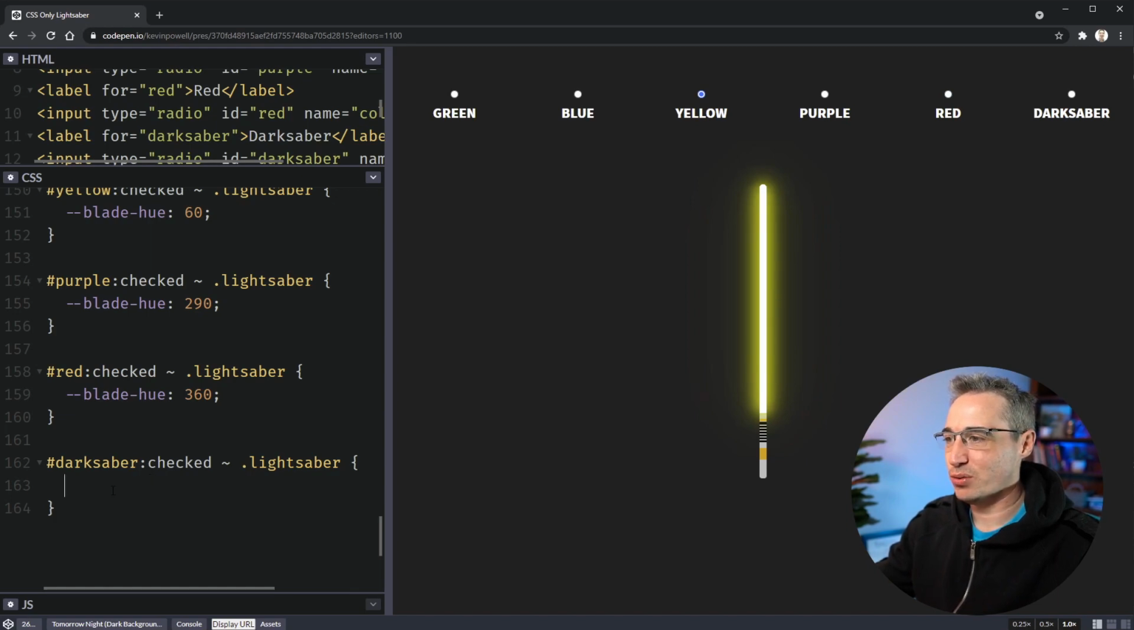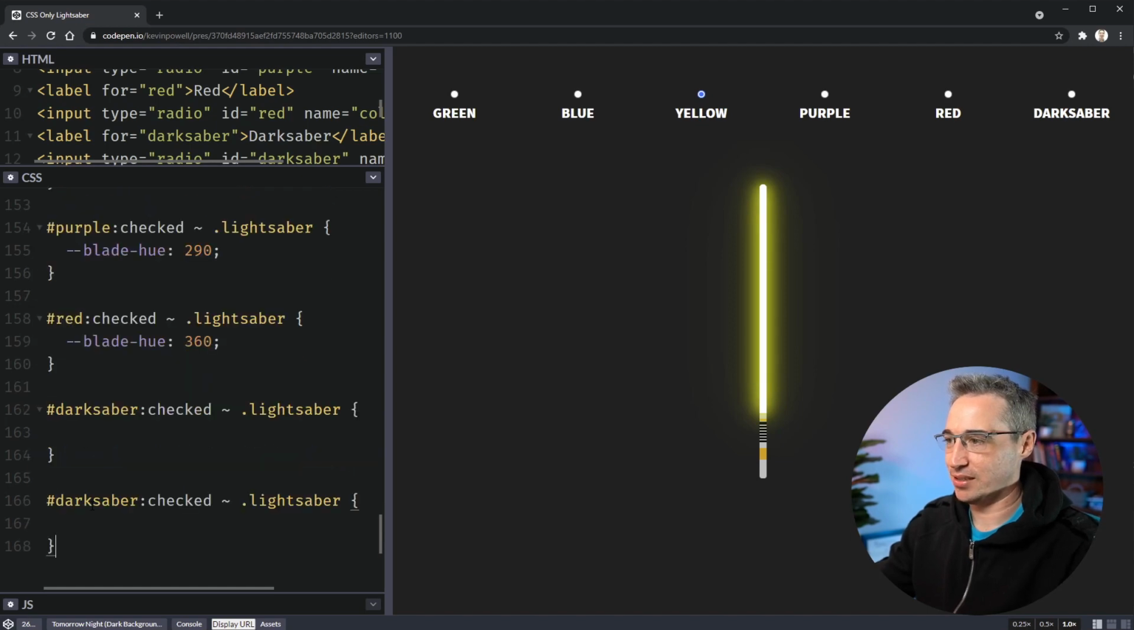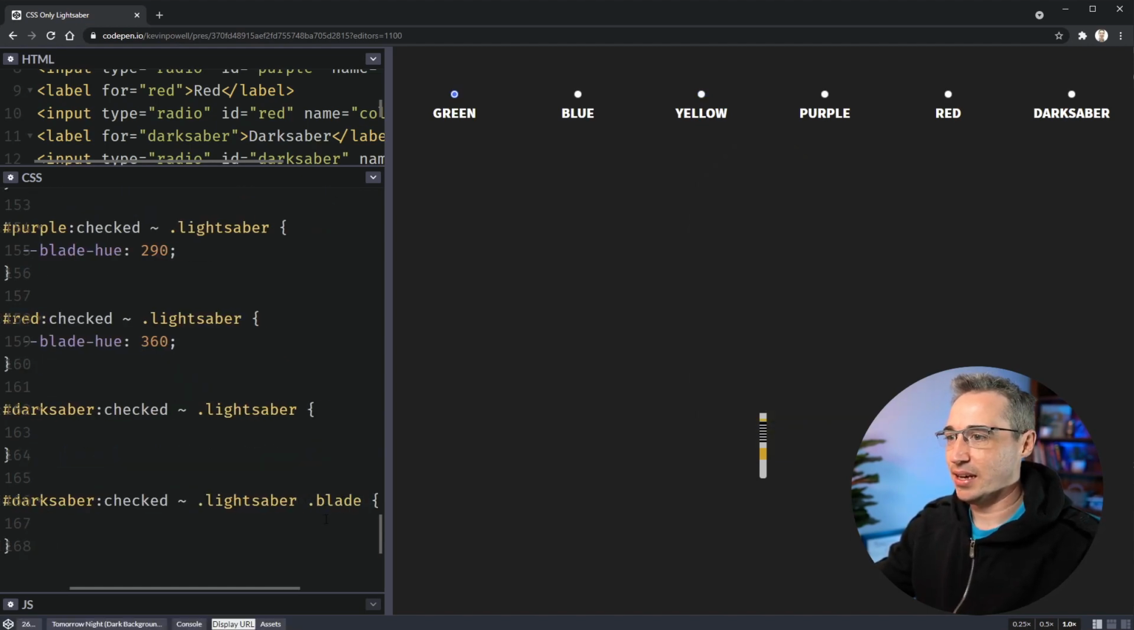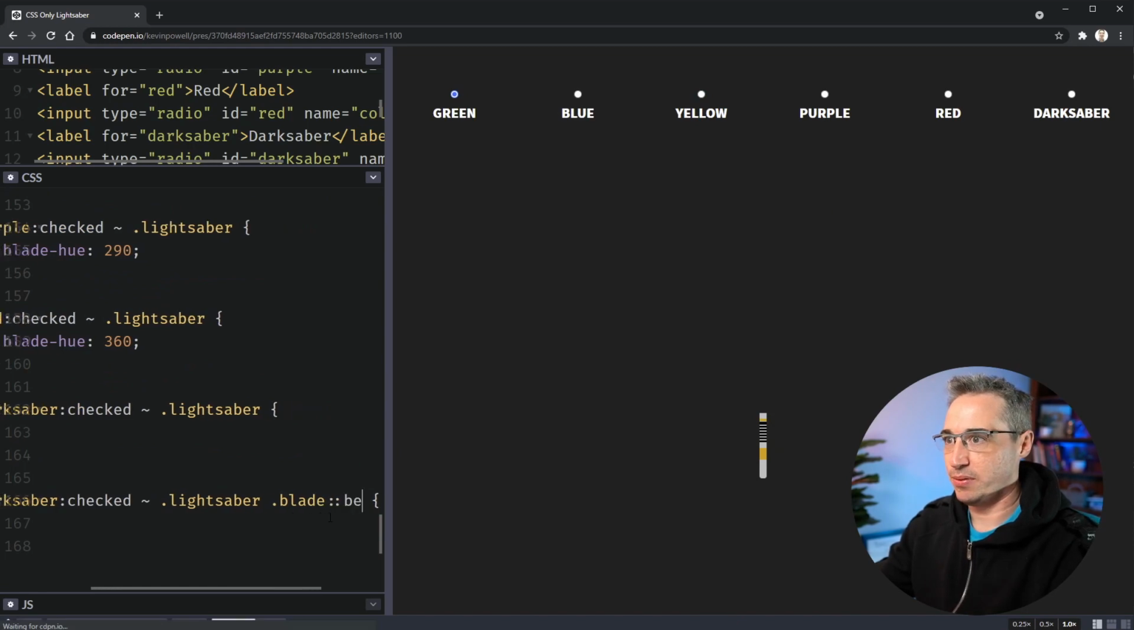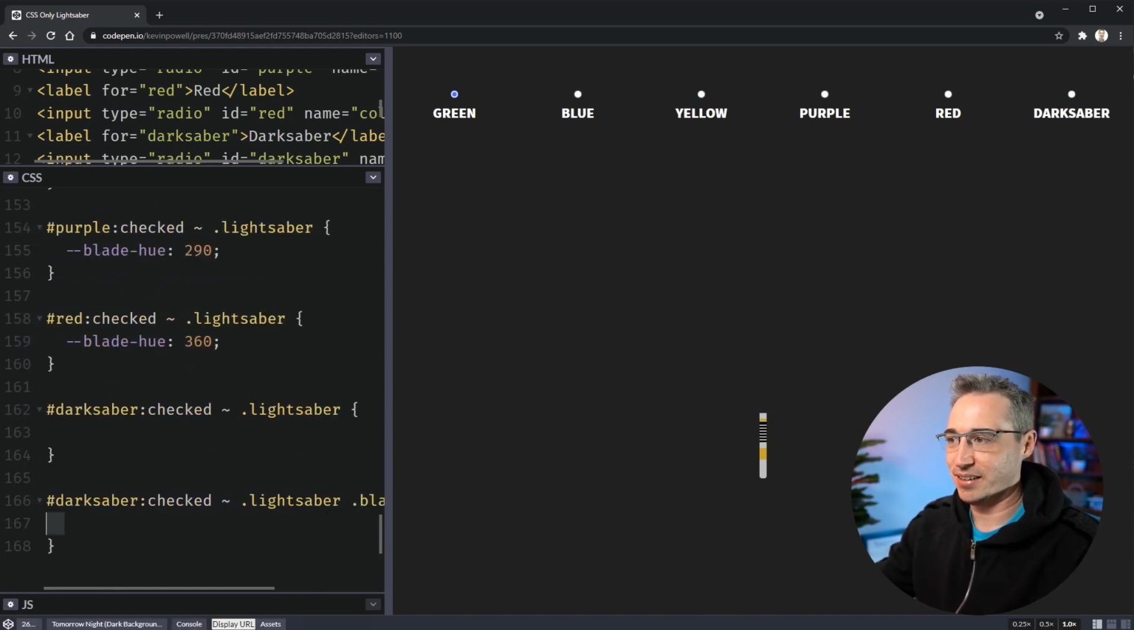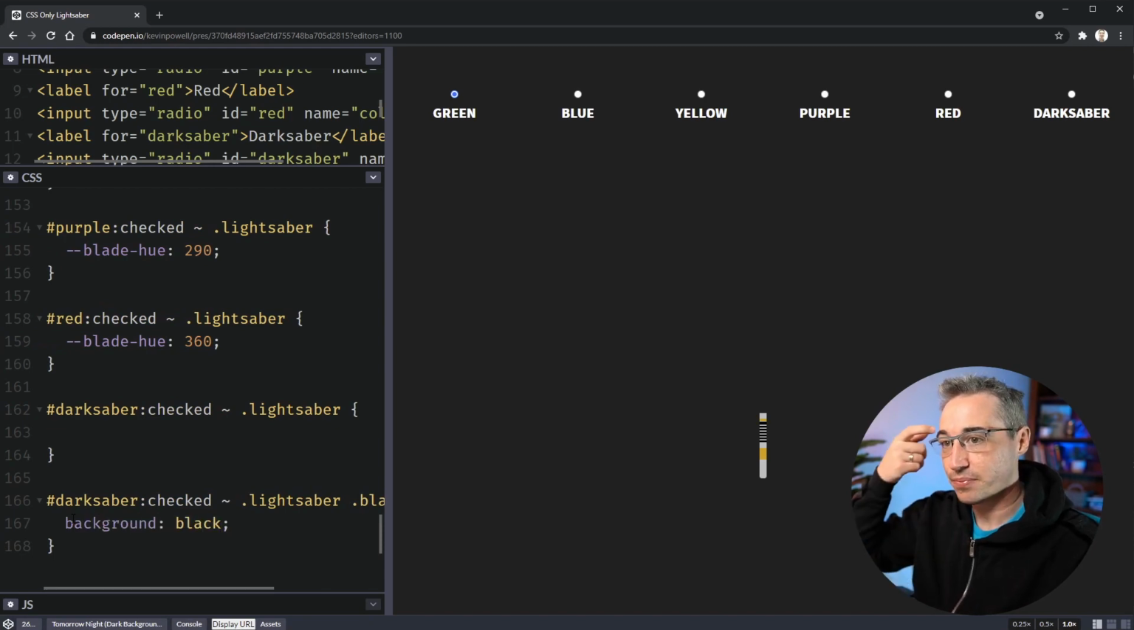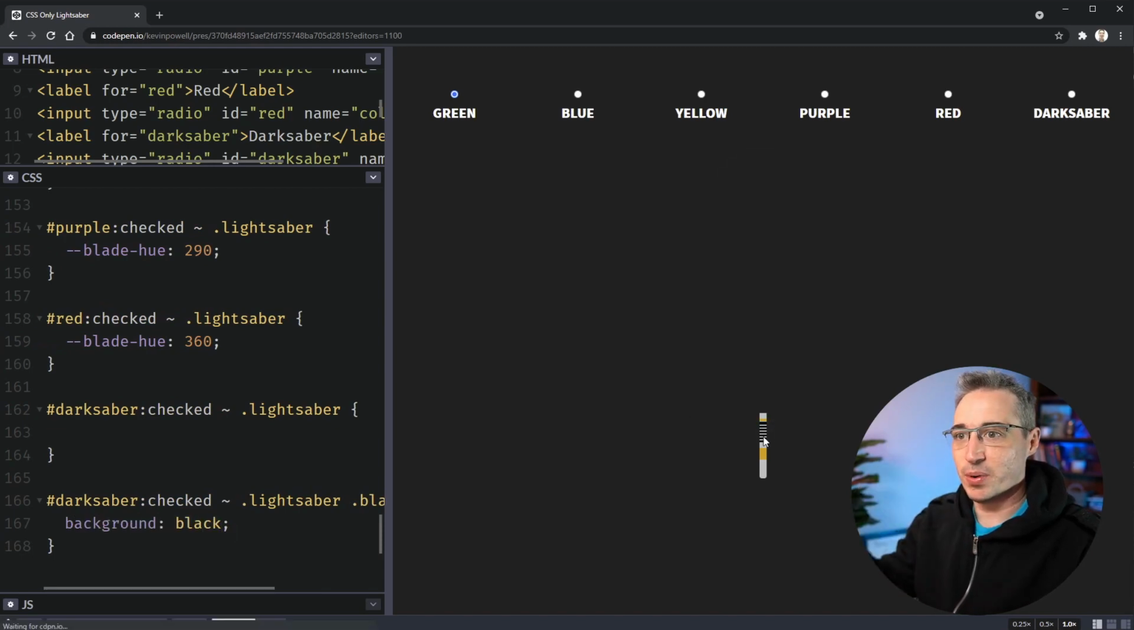So what I will do for the Darksaber, first we want a black blade, and that's going to be a little bit easier. So I'm actually going to select this. So we want lightsaber.blade. Actually, it's the blade before, right? Because we had to come in and add that to make it work. And the background on that will be black. So that means if we open that and we go over to the Darksaber, there we go, we have a